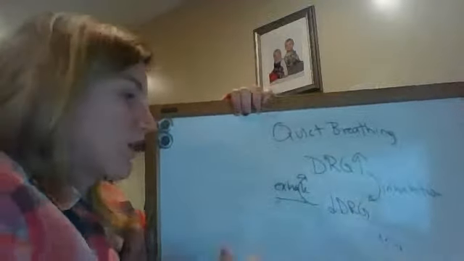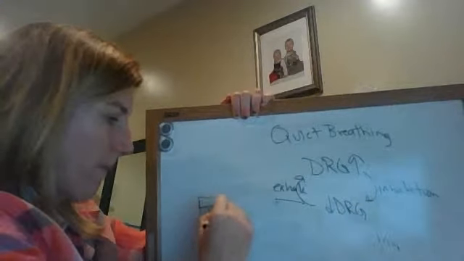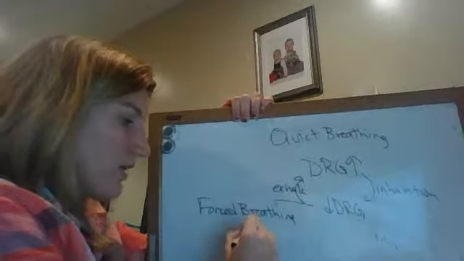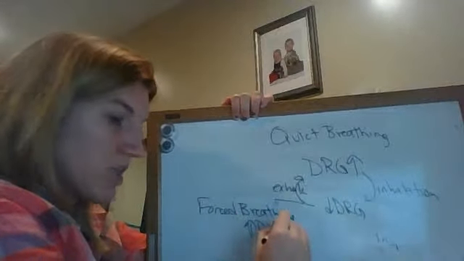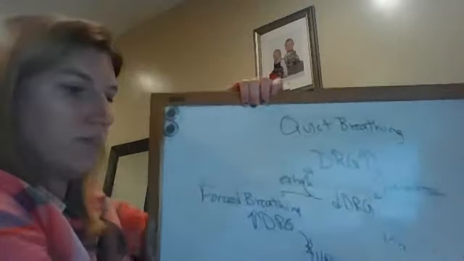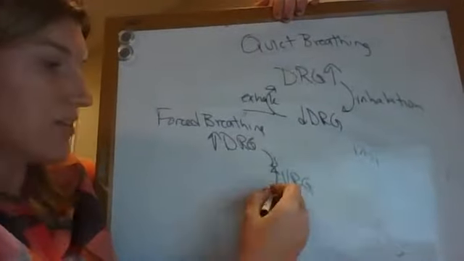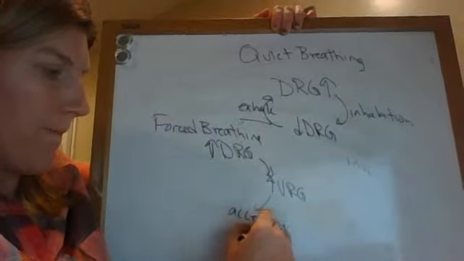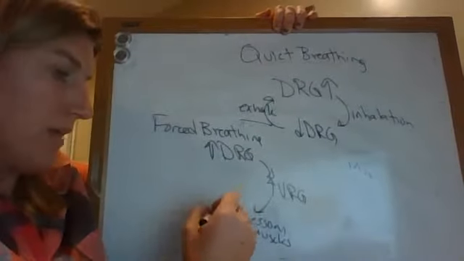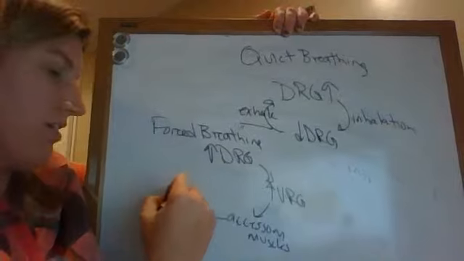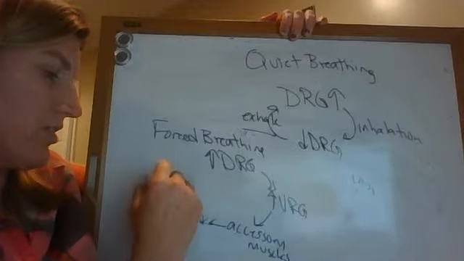During forced breathing, it's going to be a little bit more complex. You have to increase the activity in the DRG, and you have to increase the activity in the VRG, and that is going to increase the accessory muscles, and that will allow you to inhale, right? And then your expiratory centers